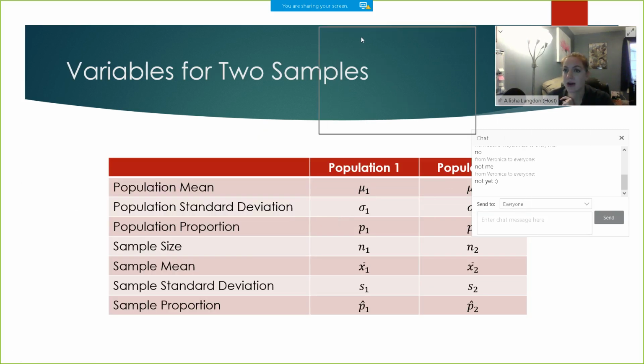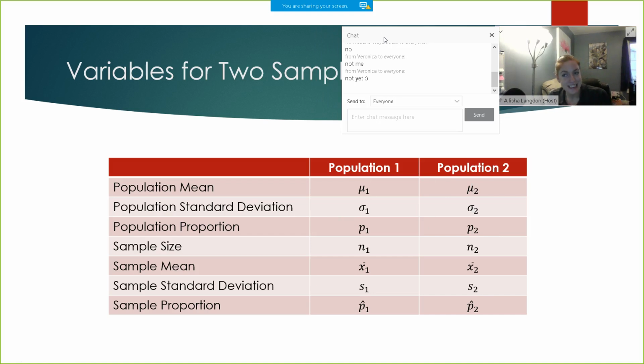So we do need to talk about our favorite thing. You know I push this a lot in the class, but variables. Now, these variables should all be familiar because we've talked about them all before. The only thing that's different here is that you see you've got numbers underneath those variables. And the idea is that you're just telling them what group you're coming from. Are you coming from population 1 or are you coming from population 2? So if you look here,